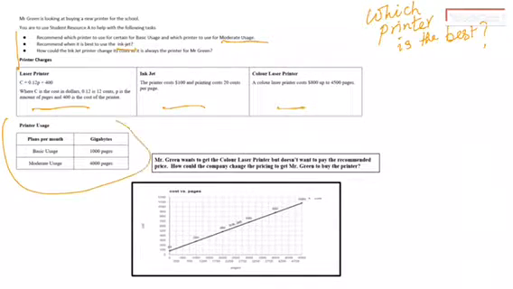These are some of the limiting factors. Basic usage is up to 1000 pages, and moderate usage is 4000 pages. Okay, so